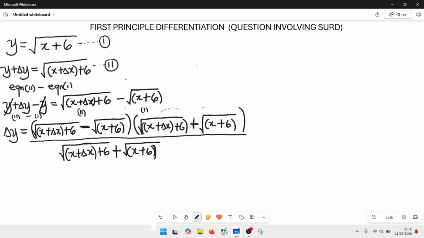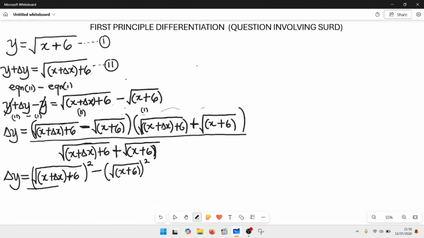So by opening the bracket, you see that we're going to have delta y is equal to, the difference of two squares now looks like this: square root of x plus delta x plus 6, all squared, minus the square root of x plus 6, all squared, over